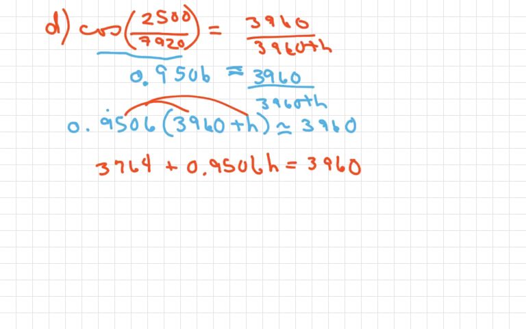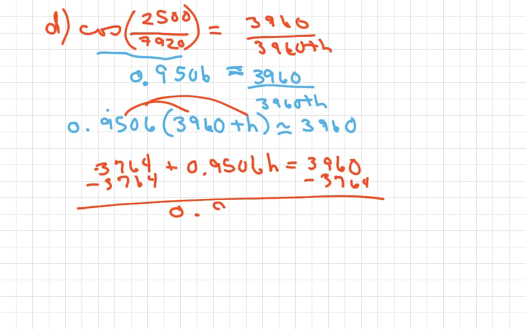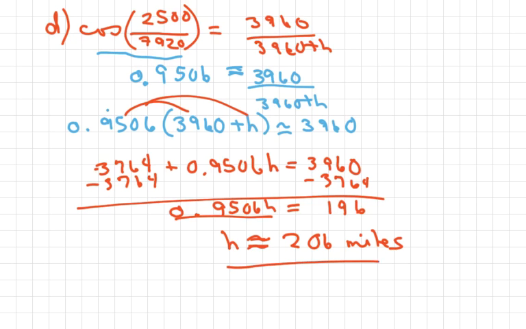Now to solve for h, we're going to subtract 3764 from both sides. So we get 0.9506h equals 196. Then divide both sides by this, and you get h is approximately 206 miles. All right. So let me go back to my first